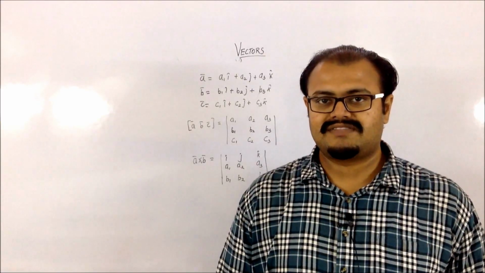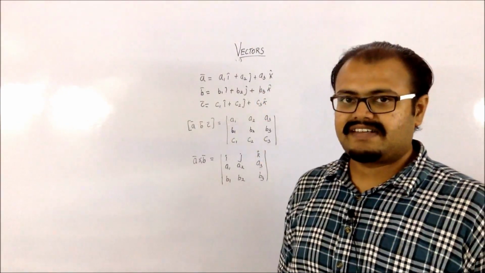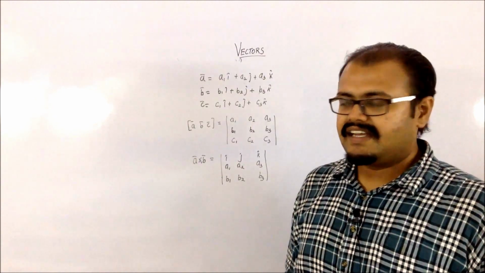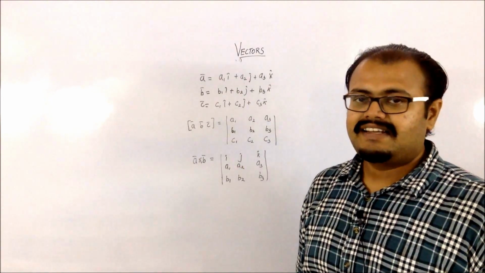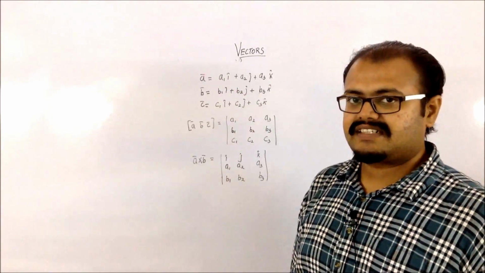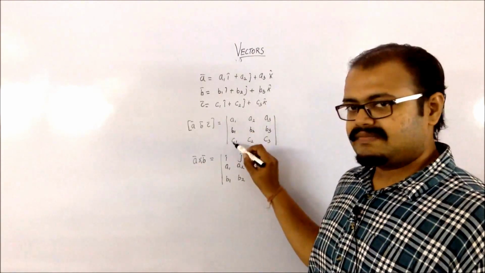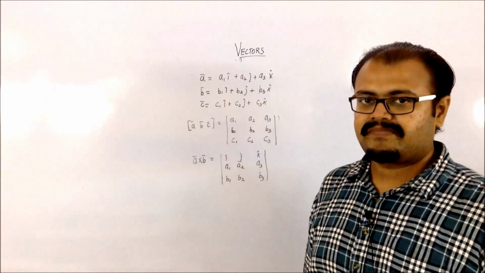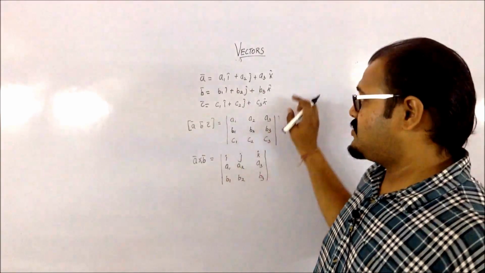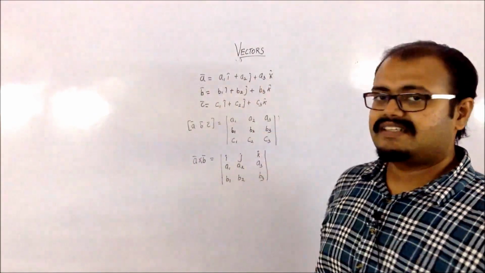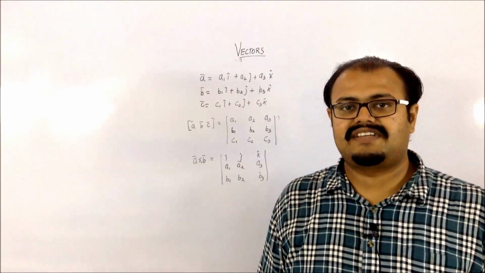There are a couple of more things which you should know in vectors. That is, if A, B and C bar, the position vectors of A, B and C, are given by A1, A2, A3, I, J, K terms, then if I want to find the box product of these vectors, it is the determinant format of the coefficients of the I terms, the J terms and the K terms. If you find this particular determinant, you will be getting the value. For that you require that the vectors are given in this fashion. Otherwise you have to solve the way we had solved in the questions which we have discussed.